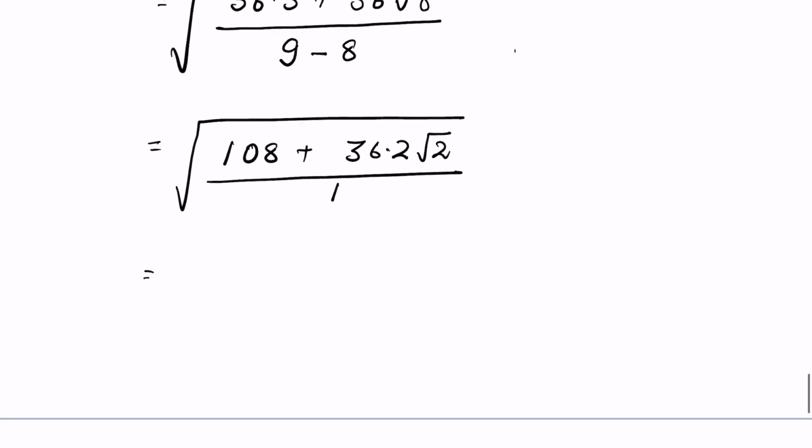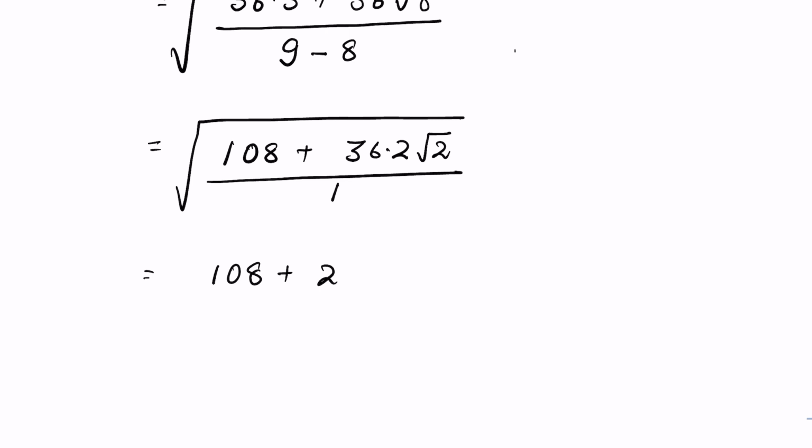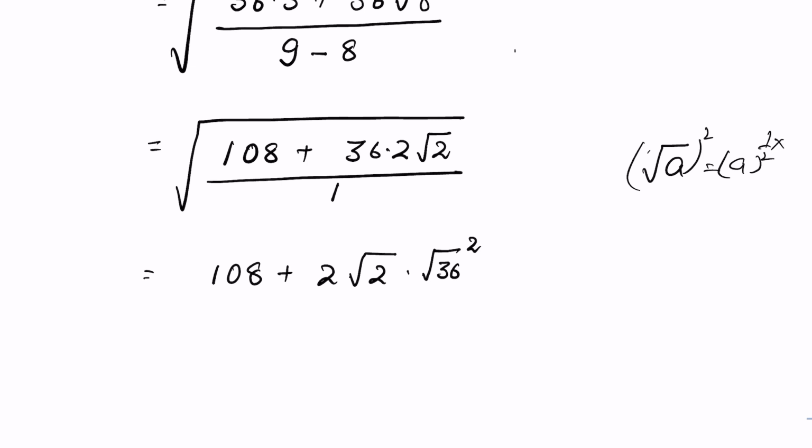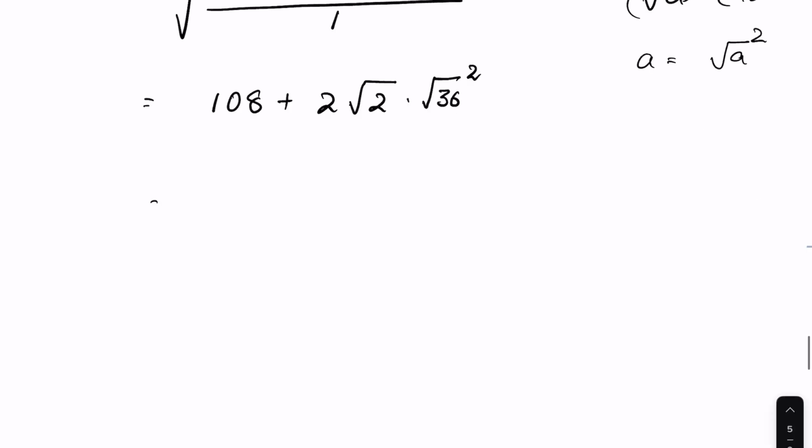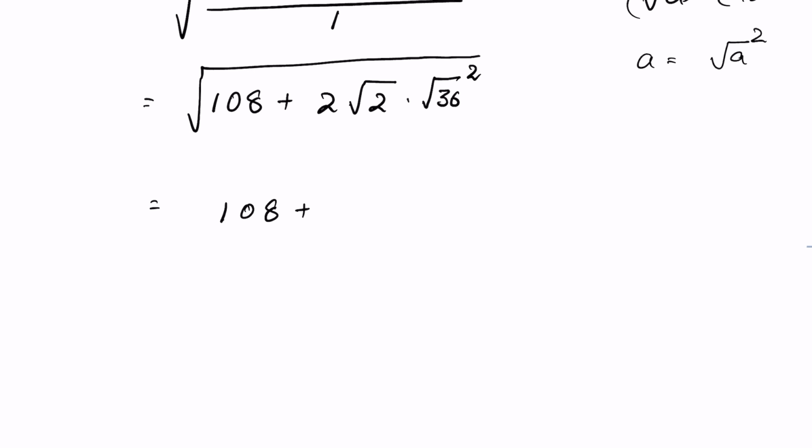Now it is 108 plus 2 times square root of 2, and 36 we can write as 36 square under square root, because when a is under square root, it is equal to a raised to the power of 1 upon 2. So when we square it, the exponent is multiplied by 2. So any number can be written as square root of that number squared. So 108 plus 2 times square root of 2, then we can write times 36 times 36, because square root of a times square root of b